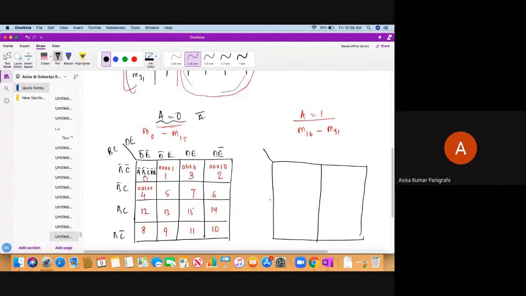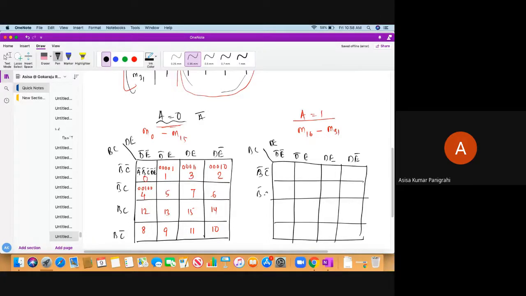So it gives me again 16 cells. And here the variables what? Actually the same variables BCD. Am I correct? This is also BCD. So D bar E bar, D bar E, D E, D E bar, with B bar C bar, B bar C, B C, B C bar. Now tell me what would be this? This will be A, B bar, C bar, D bar, E bar, which means 1, 0, 0, 0, 0. If 1, 0, 0, 0, 0, what is that? 16. So this minterm position is 16.